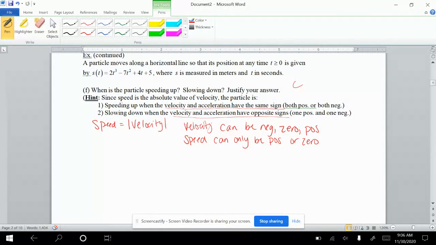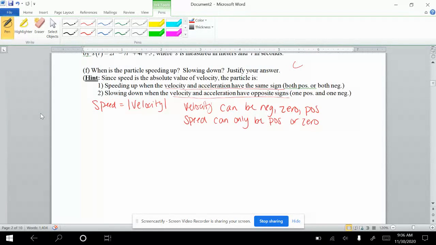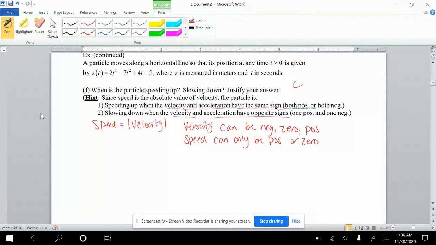So we're dealing with speed, and I want to show you how speed and velocity relate in terms of their graphs. If we're using our velocity function, which we can pull from the previous page or take the derivative of our particle, again, we get 6t squared minus 14t plus 4. That was our velocity function. Just took the derivative of the particle function. If I want to graph that,